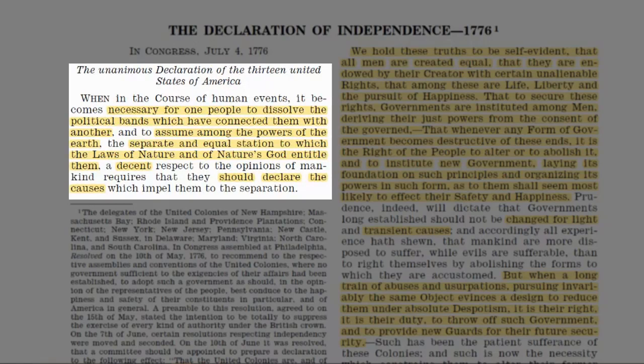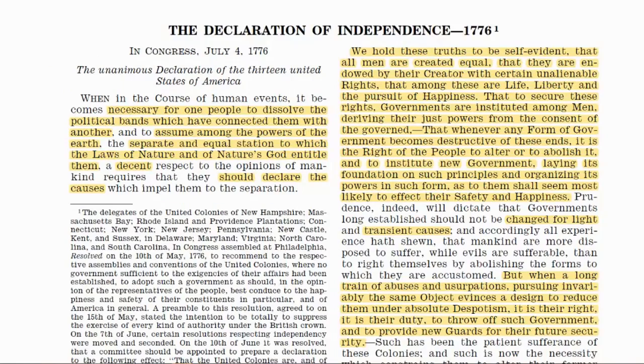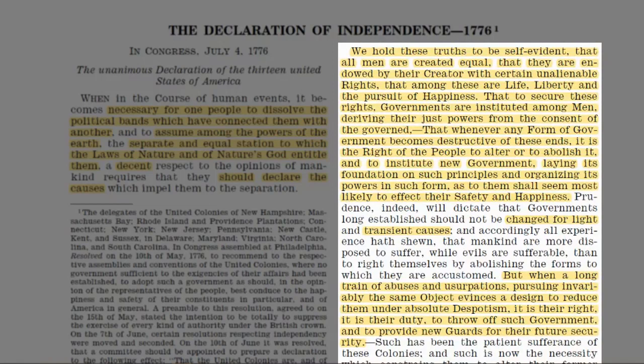The Unanimous Declaration of the 13 United States of America. When in the course of human events, it becomes necessary for one people to dissolve the political bands which have connected them with another, and to assume among the powers of the earth the separate and equal station to which the laws of nature and of nature's God entitle them, a decent respect to the opinions of mankind requires that they should declare the causes which impel them to separation. We hold these truths to be self-evident: that all men are created equal, that they are endowed by their Creator with certain unalienable rights, that among these are life, liberty, and the pursuit of happiness, that to secure these rights governments are instituted among men, deriving their just powers from the consent of the governed,